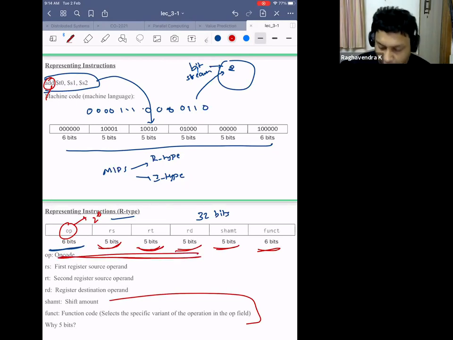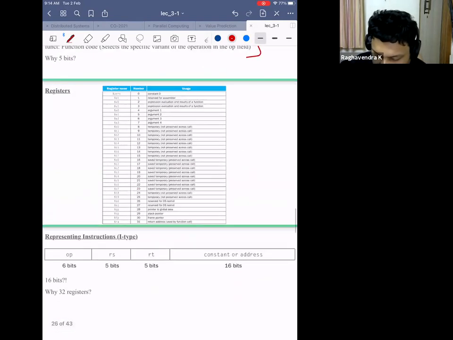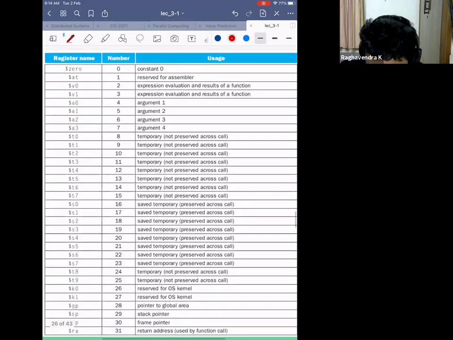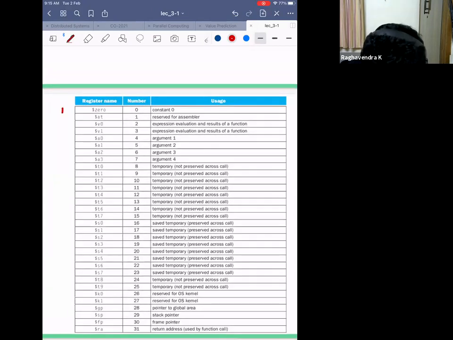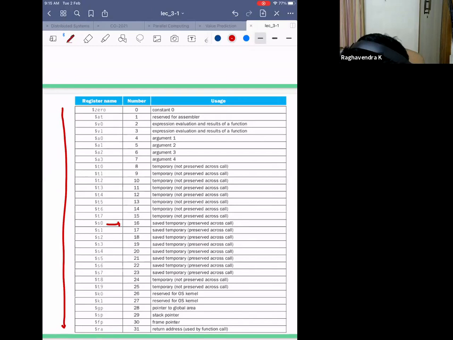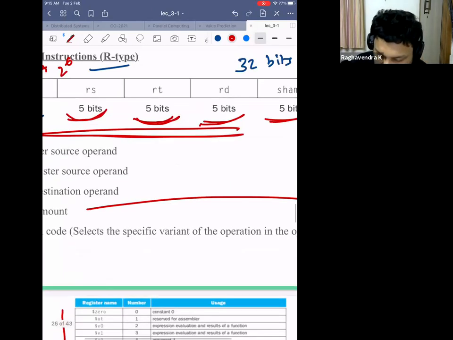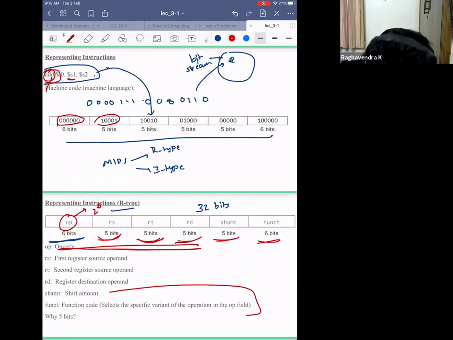When I want to convert this, I ask what is add in MIPS. The add in MIPS is all zeros, so that is the first field. And I am representing the first source, S1, using 1001. How did I get 1001? Because of the registers available in MIPS, I am representing S0. S0 value is 16, so I am converting that 16 to the bits.